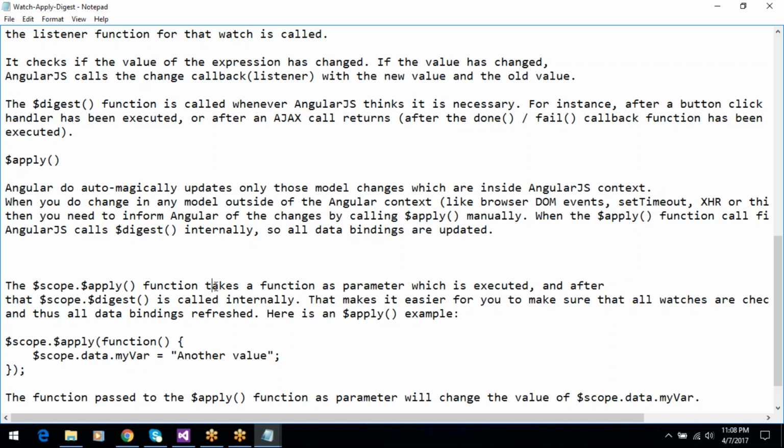AngularJS context means that scope objects are updated only in AngularJS functions. If you call a JavaScript function from outside of the AngularJS context, meaning that function is not in our AngularJS application module,